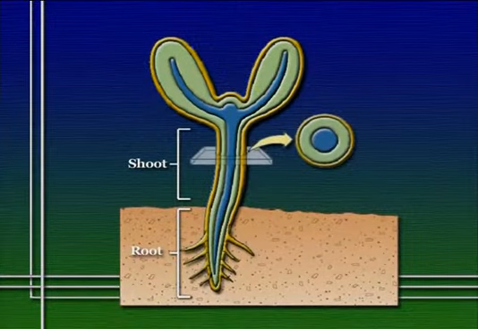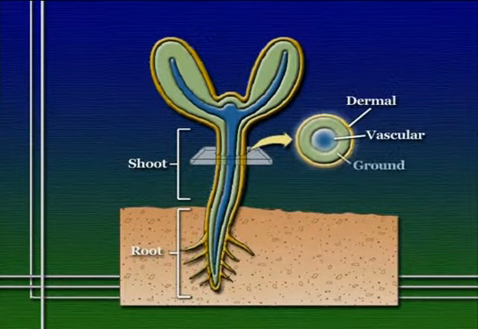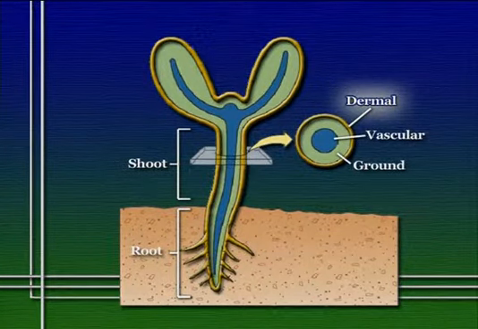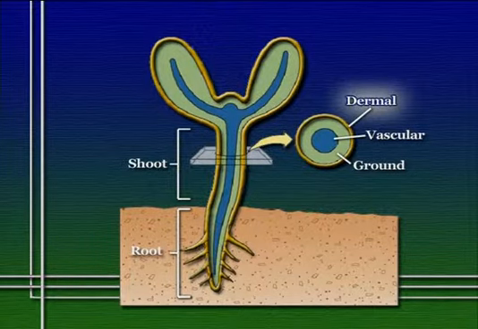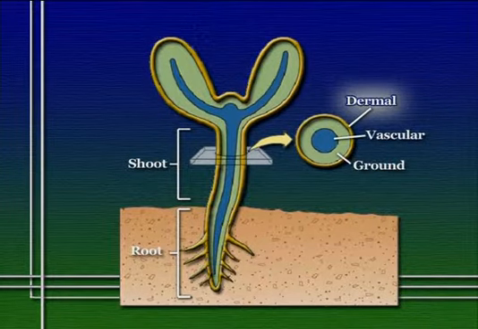Now, for each part of a typical flowering plant, whether it's shoot or root, we can define three major types of tissues. We refer to these types of tissues as dermal tissue, vascular tissue, and ground tissue. Dermal tissue, which is also sometimes called epidermis, is usually represented by just a single cell layer on the outside surface of a plant. Dermal tissue is essentially like the skin of an animal. The cells of a plant's epidermis are especially durable. They're specialized to prevent injury or invasion by pathogens.